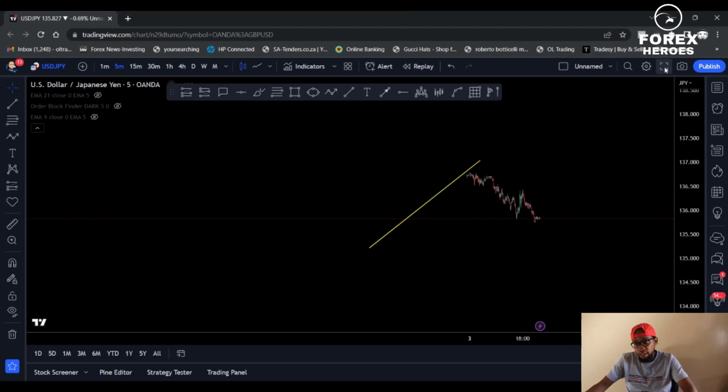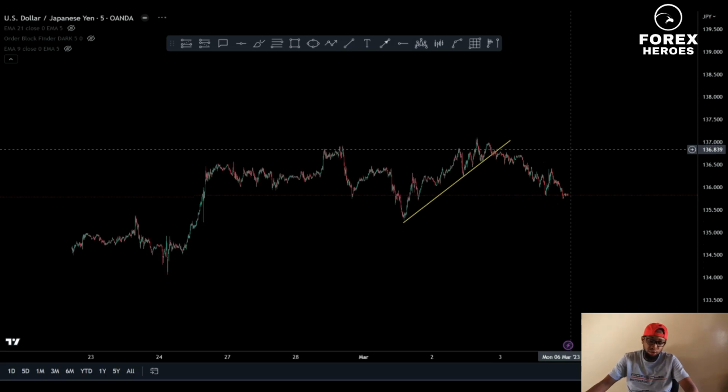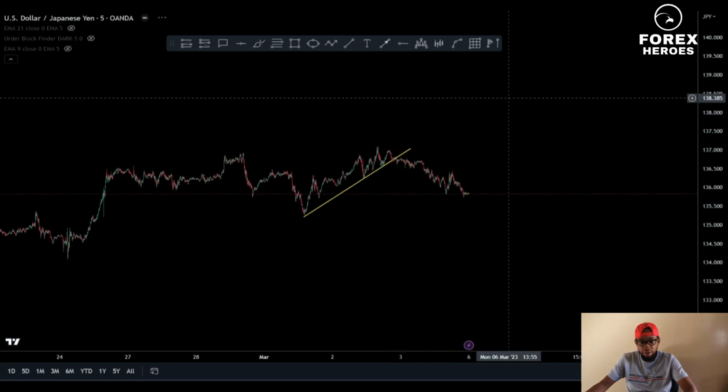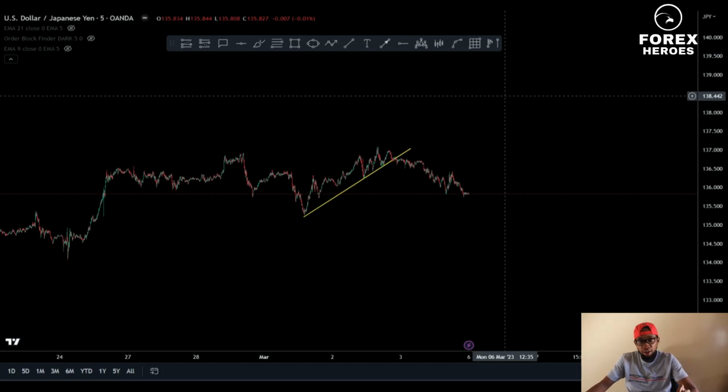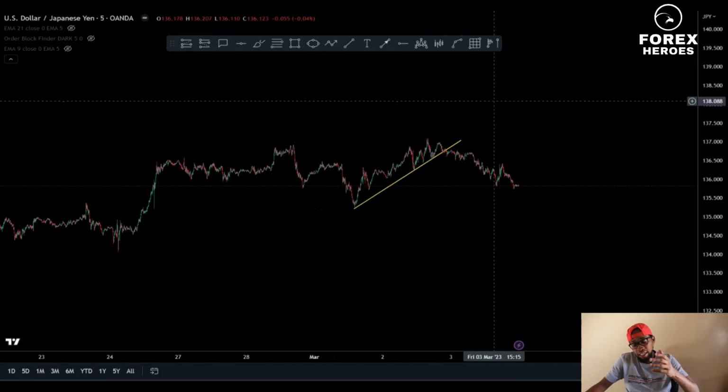Hey everyone, now I'm on the charts. I'll be showing you guys how you can take those scalping trades on a 5 minute, because I often hear people saying that they are not able to trade because they have small accounts. With this strategy, you'll be able to take small profits, but also risk very little. And you'll also understand that the information you are applying is actually taken from the bigger trend.